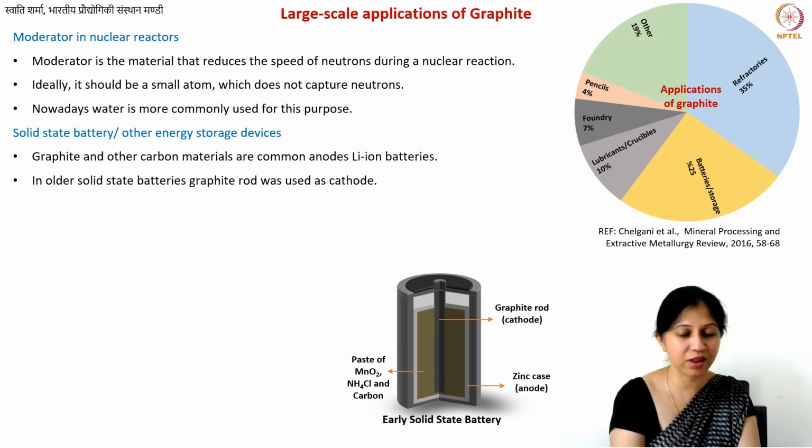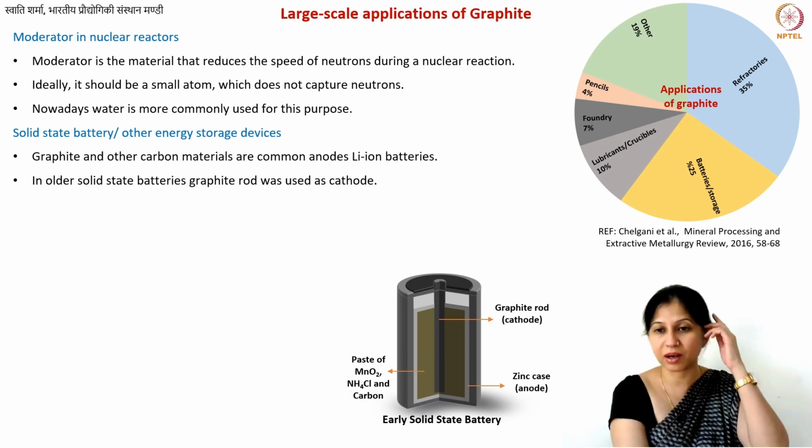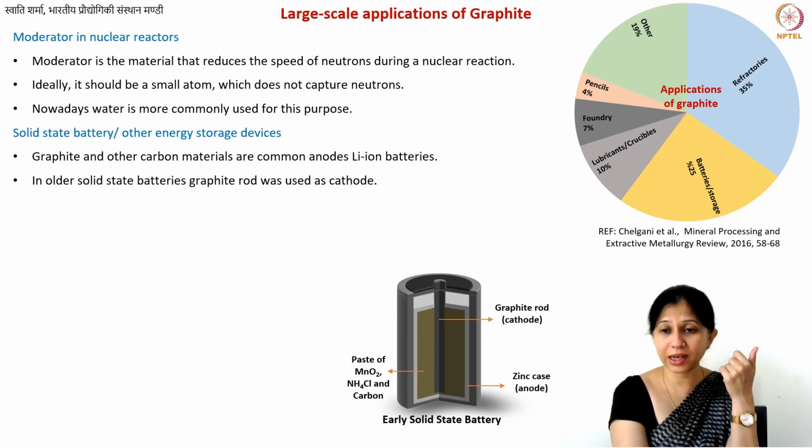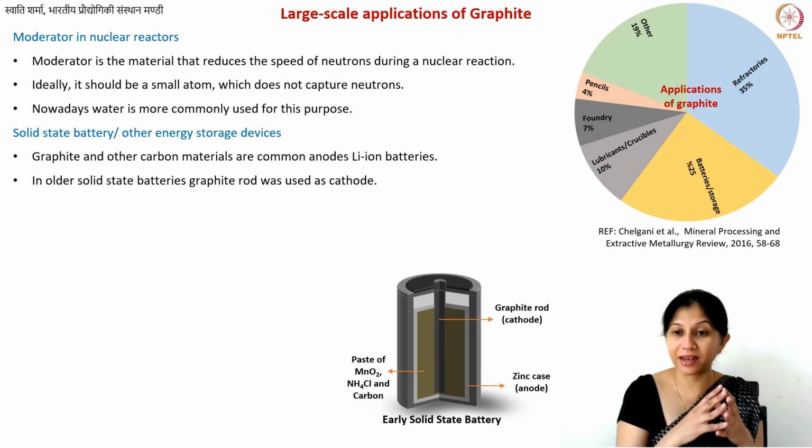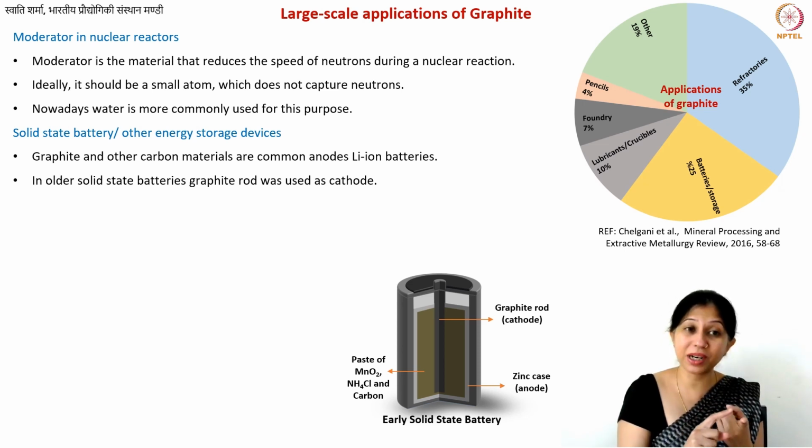And why do you think for solid state battery carbon is a good material? Because, number one, it is mechanically strong. Batteries typically require a material that is also thermally strong. Batteries heat up, and now you don't want something that cannot withstand heat. So carbon can withstand heat. Carbon is mechanically strong. Carbon is also very light.